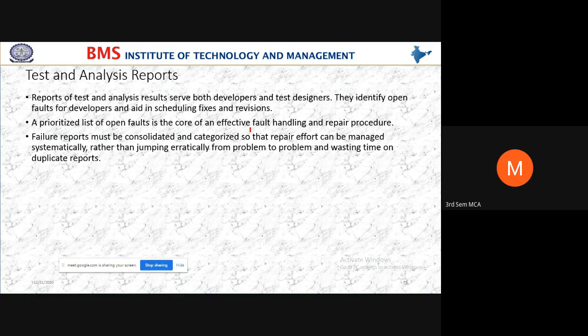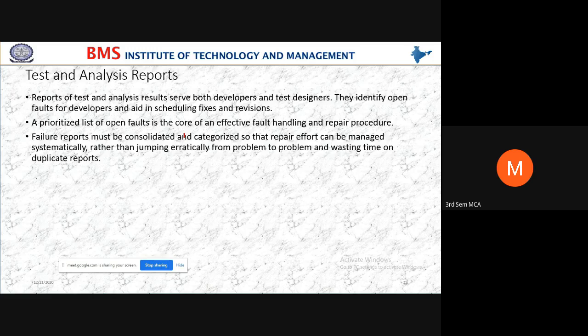So once the test engineer checks and cross-verifies the project or software, they will come to know that this particular functionality is not working properly. It is taking an invalid input or giving an invalid output. So whatever the problem we are facing, proper justification and proper correction should be given by the developer.